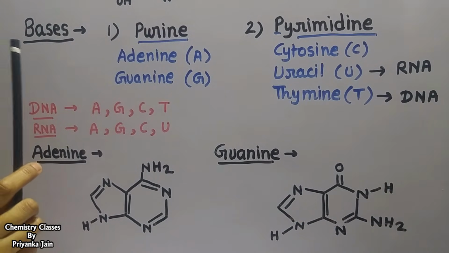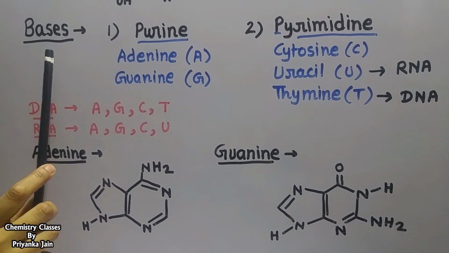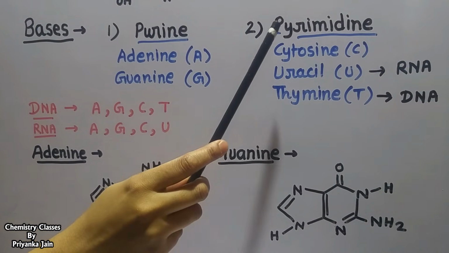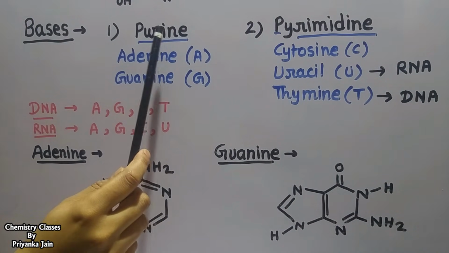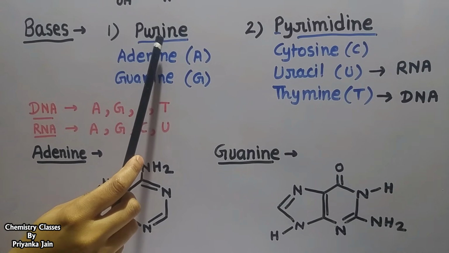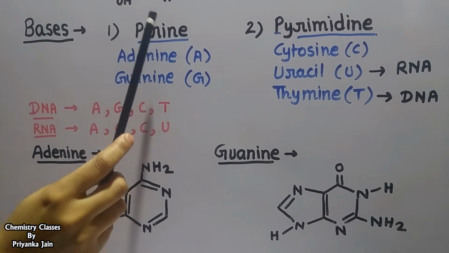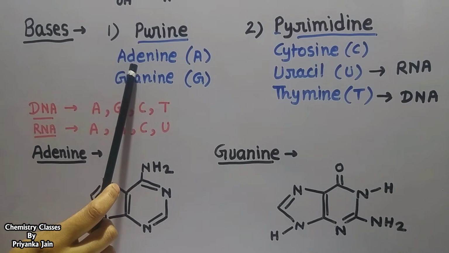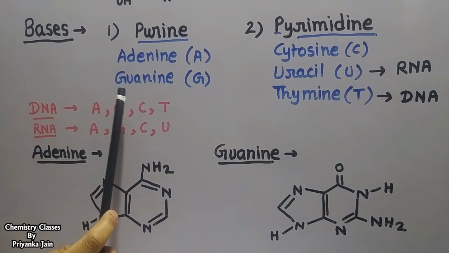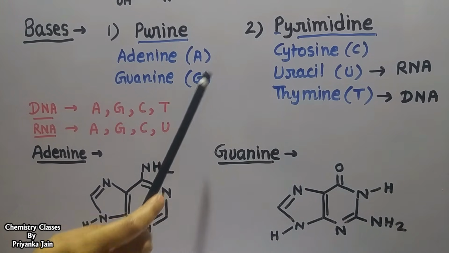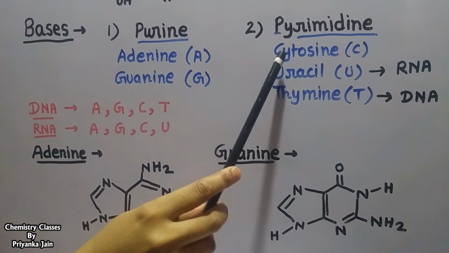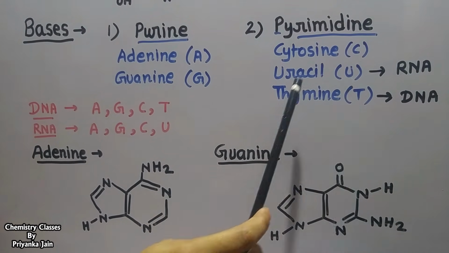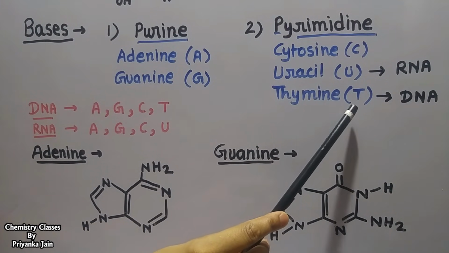We see the structure of the bases that are present in DNA and RNA. There are 2 types of bases. One is purine and another is pyrimidine. Purine bases, their structure resembles the purine. It means they possess the purine skeleton. So these are called purine bases, and these are basically 2 types. Adenine, that is represented by A, and guanine, that is represented by G. The pyrimidine bases are 3. Cytosine, that is represented by C, uracil, that is represented by U, and thymine, that is represented by T,